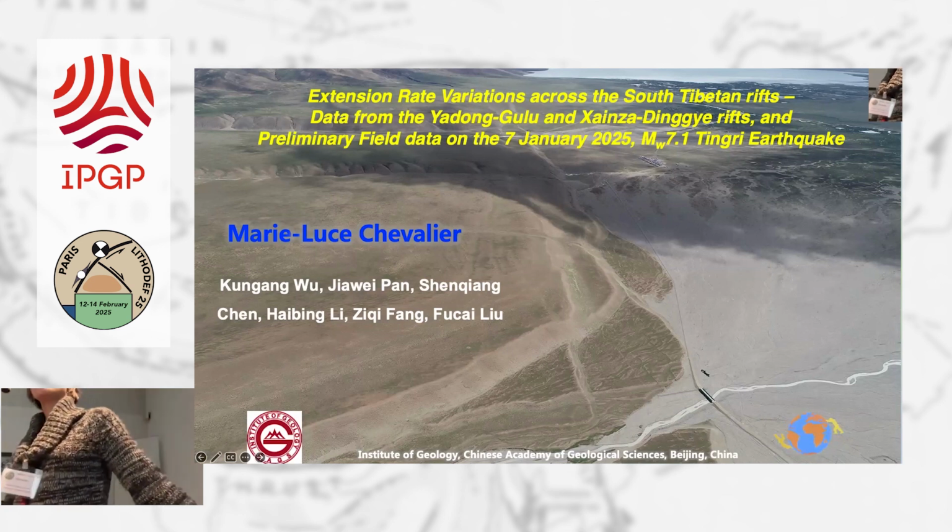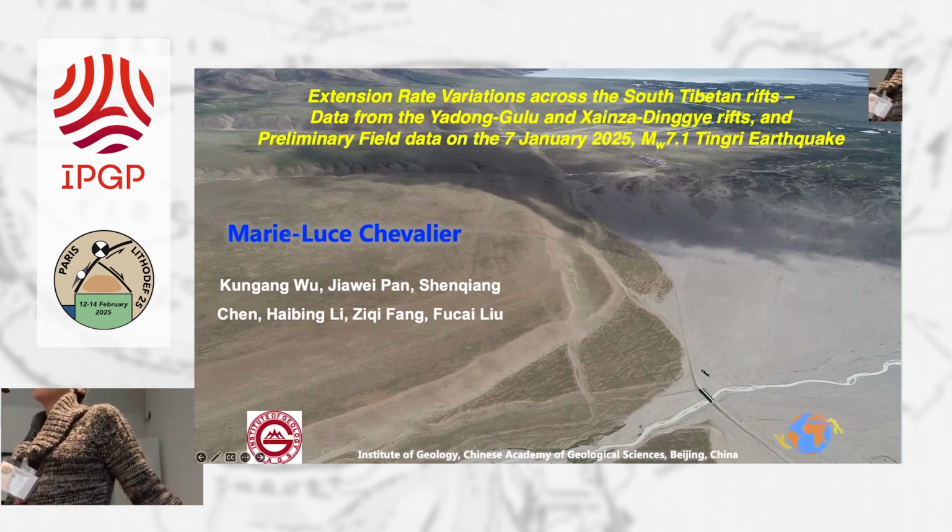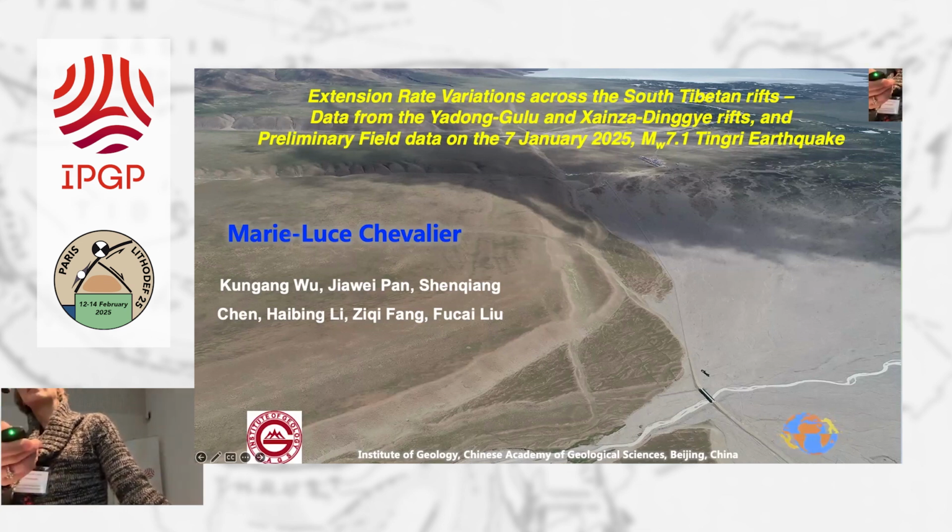So I picked this topic today for 2 reasons. First, because I went there with Paul in 2002 and 2005. Those are the only 2 big field trips I did with him. And also because, as you probably know, there has been this Mw7.1 Tingri Earthquake exactly in that area in southern Tibet. So you can see on this first slide, this very large normal fault that cuts the young alluvial surfaces and also these older terraces.